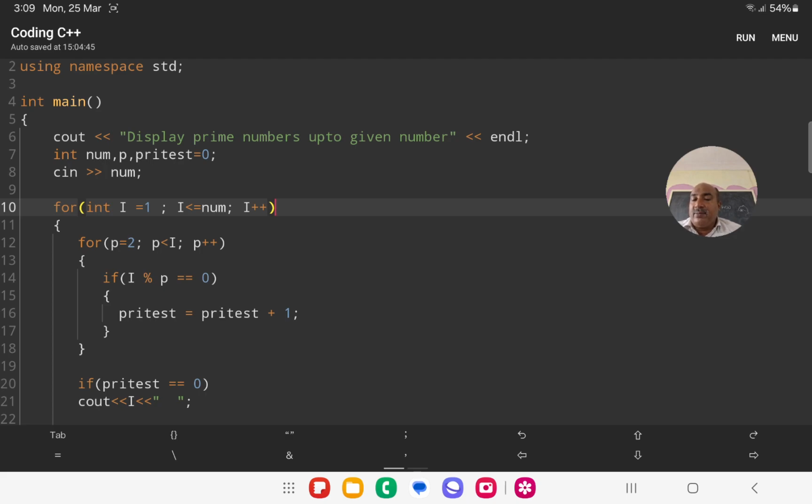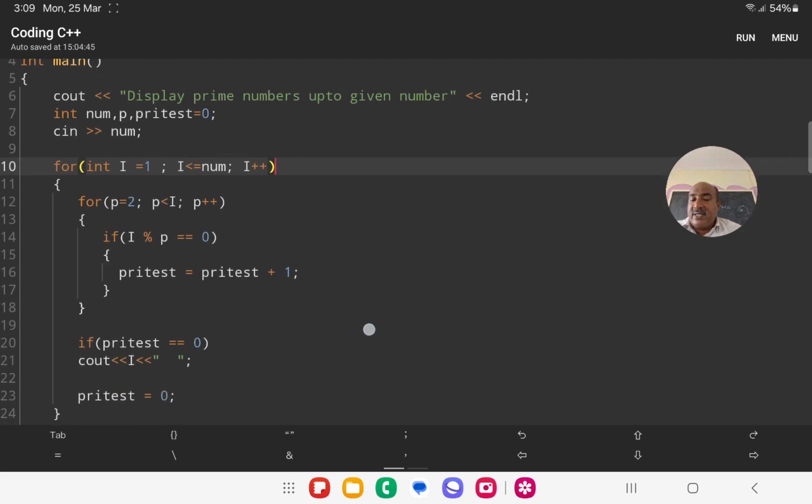4 less than 5, that is p is 4 and i is 5. So 5 mod 4 is 1, so prime test is not increased. Then p plus plus, p equals 5, and 5 less than 5 is false. So it will go to the if condition.